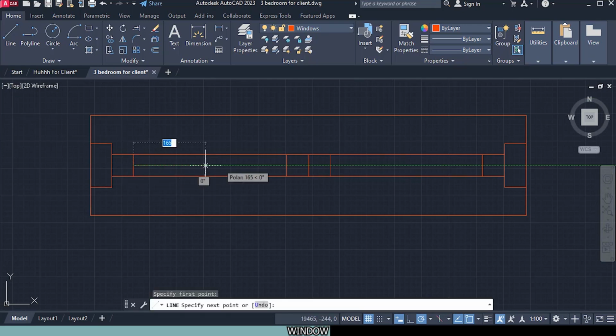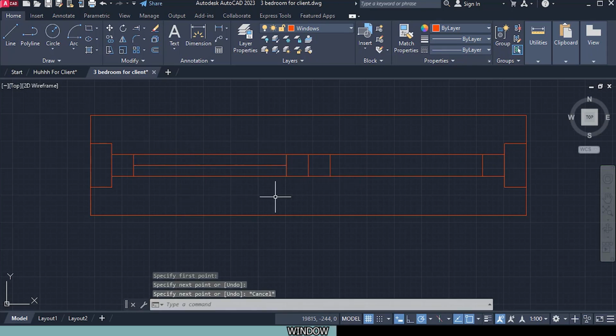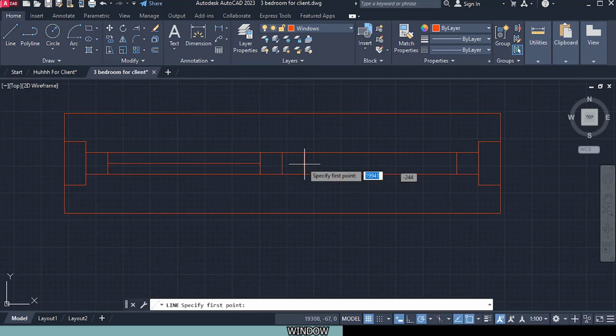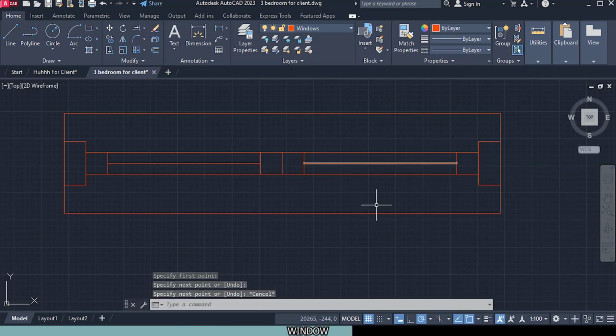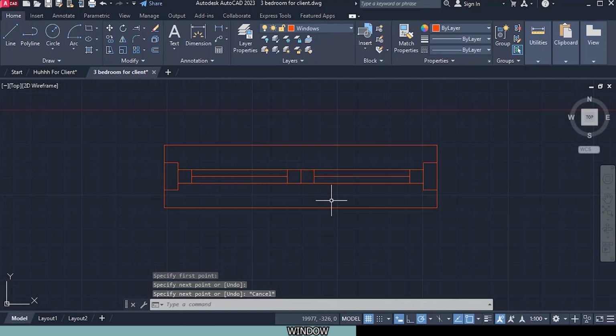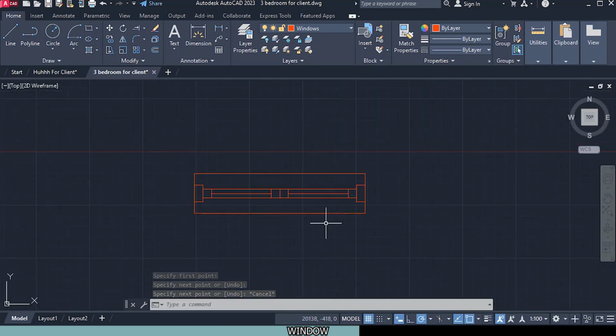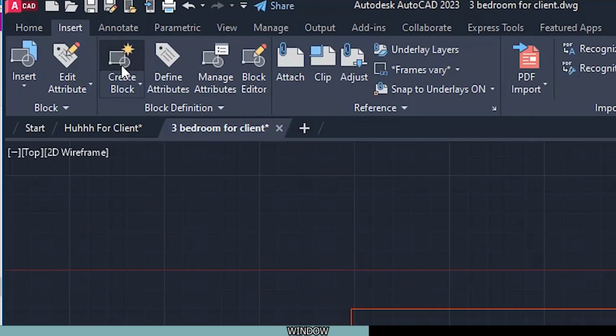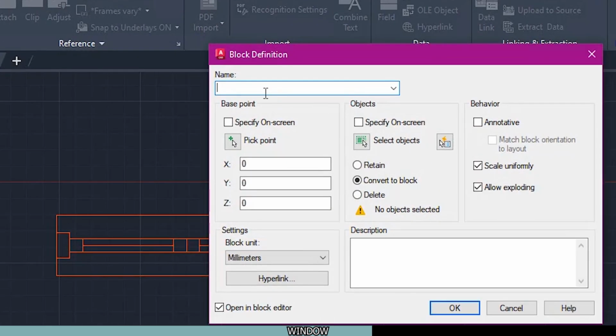I will select the line, come this way and click. This line will be something like our glass to add some aesthetic to our window. So select line again and do the same for the other side and then press escape to end that. Now we have to make this window a block. Simple as that. Insert, create block, and I will name it window